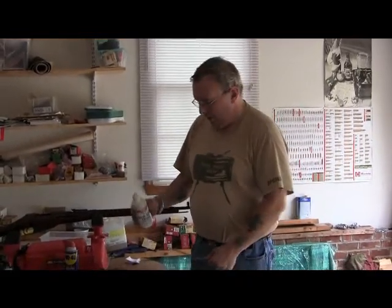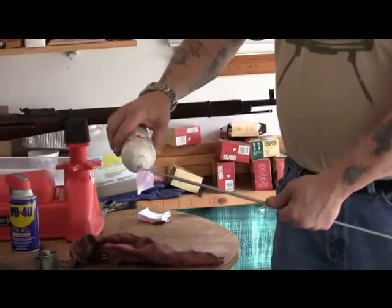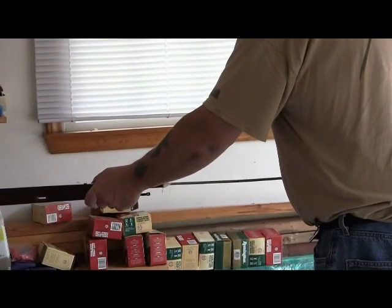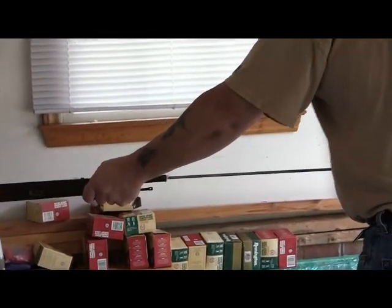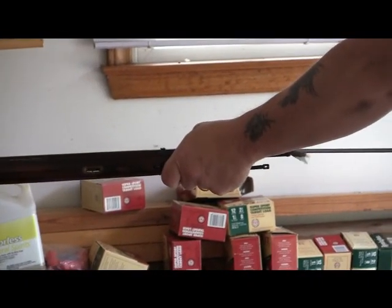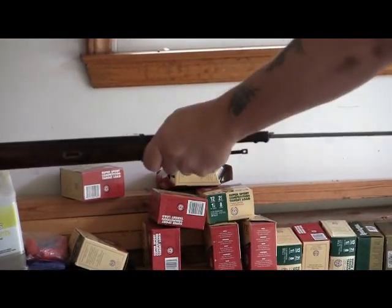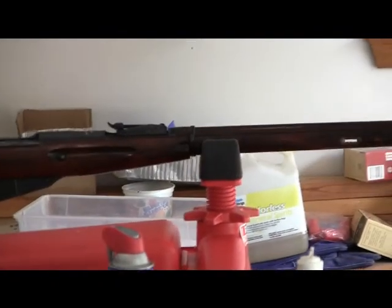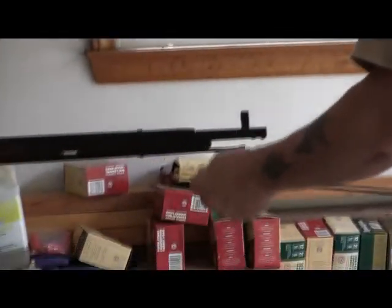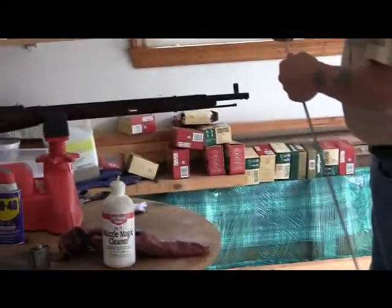So you just take your black powder bore cleaner, get your patch wet. It's kind of a pinkish watery stuff. First step, run it down the muzzle, get your bore nice and saturated with a saturated patch. Give your bore a good swab so you get the fluid in there. Okay? And what I do is, like I said, this military stuff can get nasty. So once we got the fluid in there,